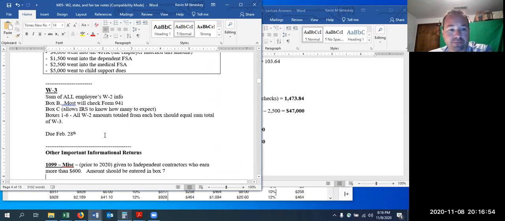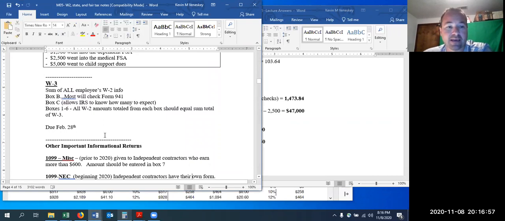All right, the W-3. What the W-3 is, simply, is a summation of all the W-2s that the company sent out. So if you have a whole bunch of employees, there could be some really big numbers in there. On the W-3, we're going to check the box called box B, form 941, which says what kind of employer we are. We do federal income tax and the FICA taxes. For box C, you'll put a number: how many employees are you sending W-2s to?